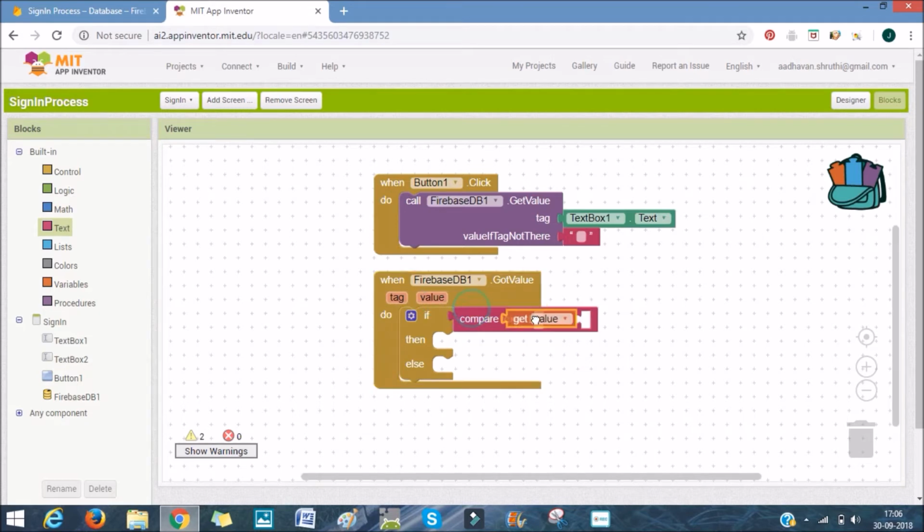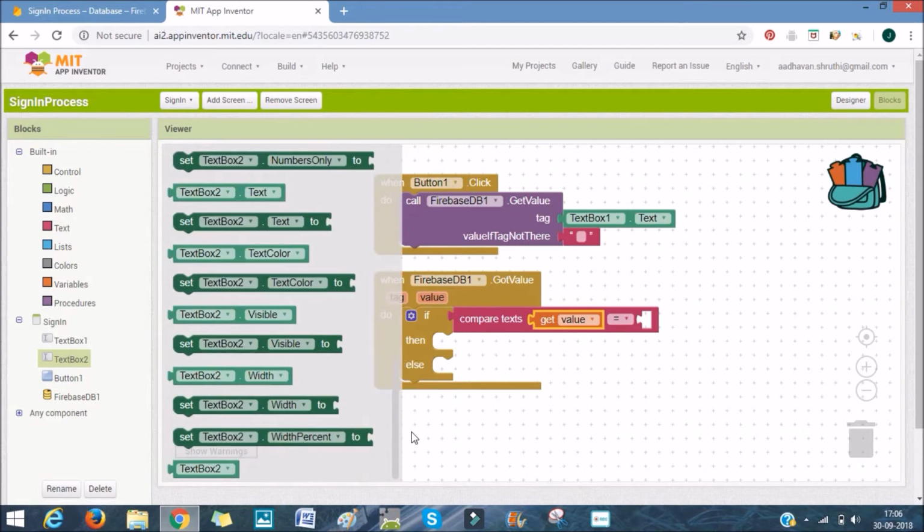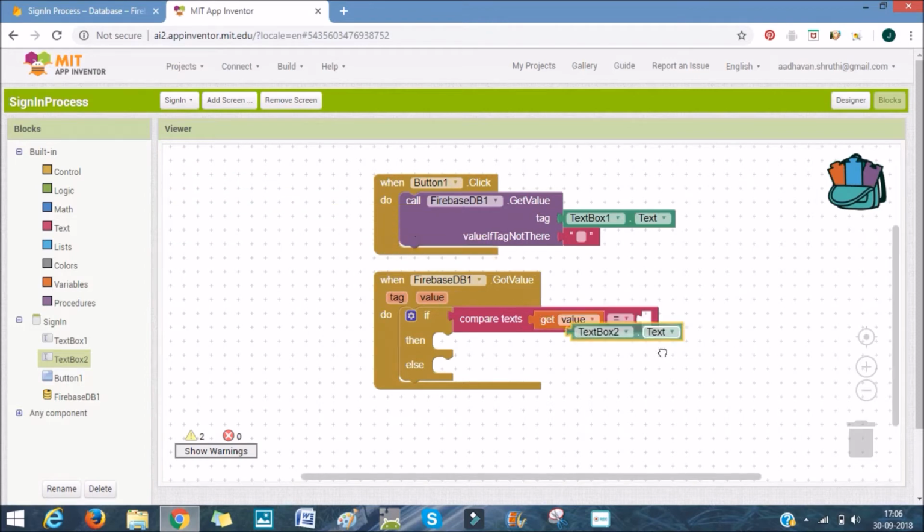If value is equivalent to text box 2 text, then